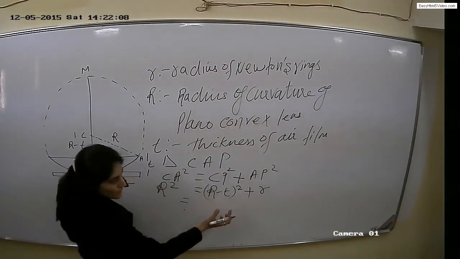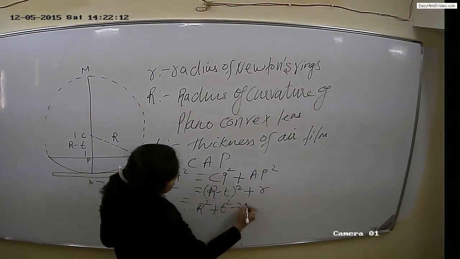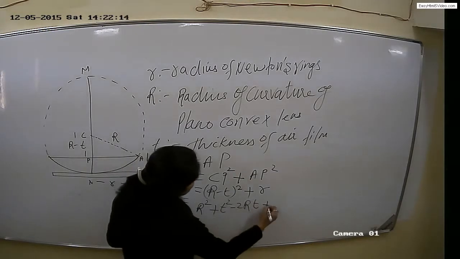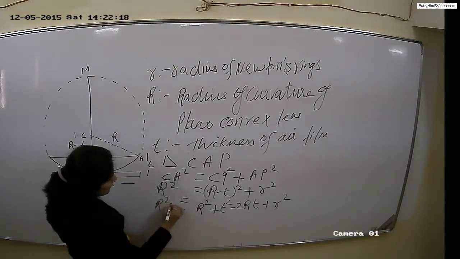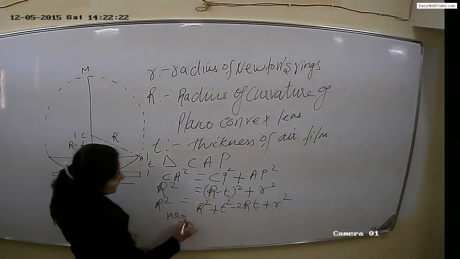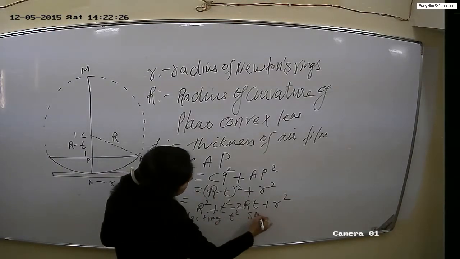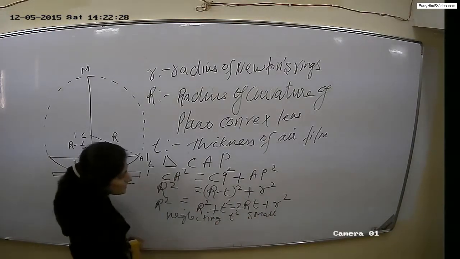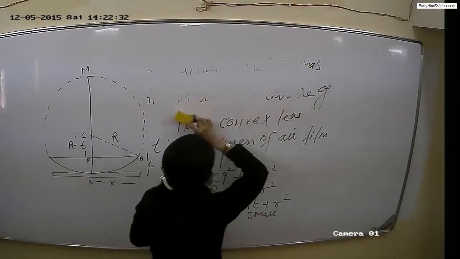Solving this, a minus b whole square, we get R square plus t square minus 2Rt plus r square equal to R square. R square will get cancelled, and neglecting t square because it is very small, we will get